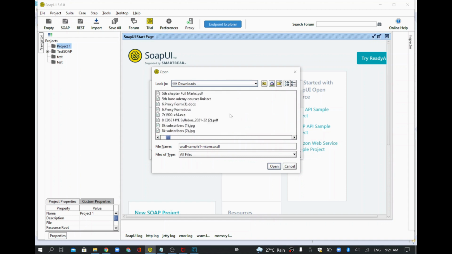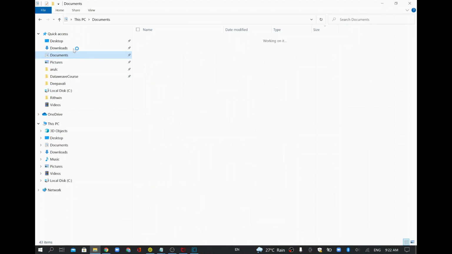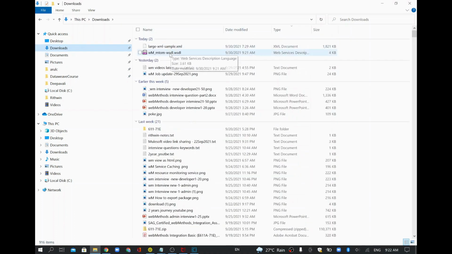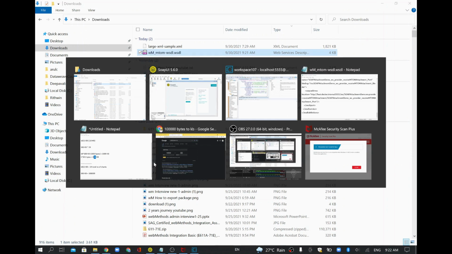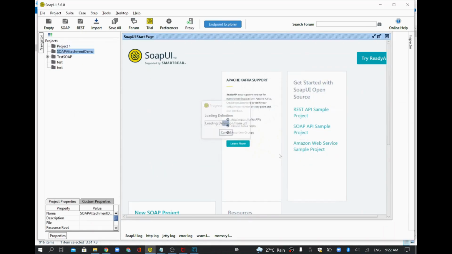And my WSDL name is... okay. I'll just go to my download folder just to see what name I saved it with. So webMethods MTOM WSDL. So this is the one I saved. I'll copy that file name, go to SOAP UI and browse that file. Okay, so now I just browsed the file and I'll click OK.